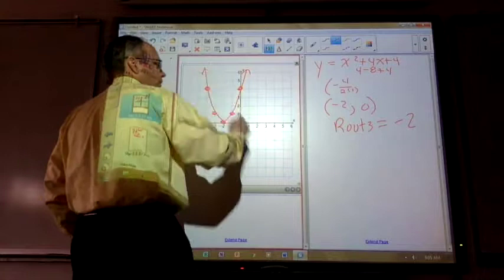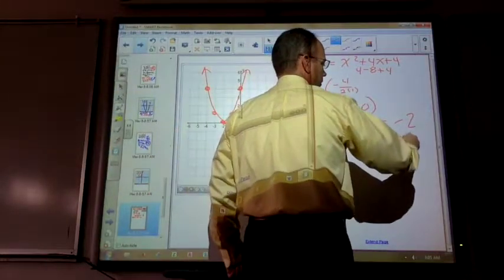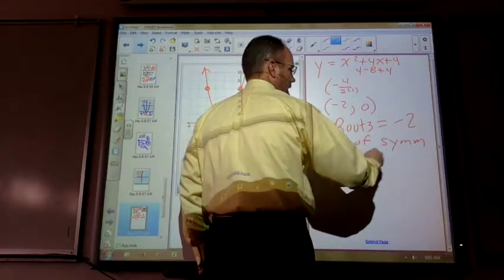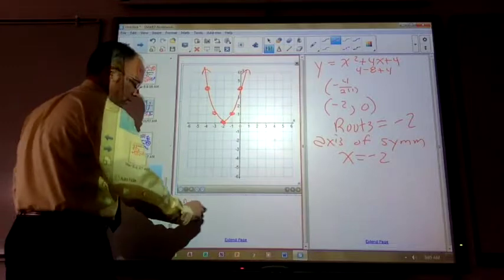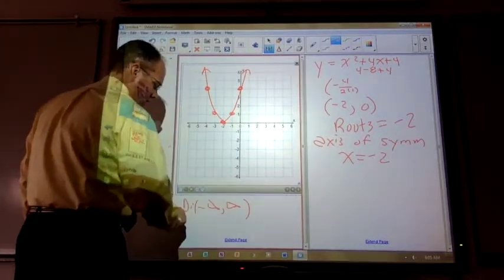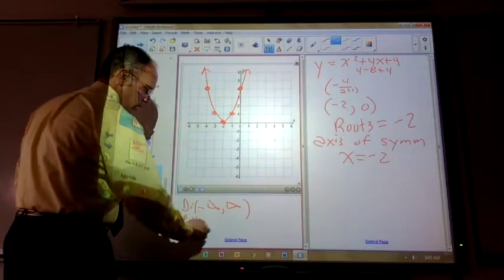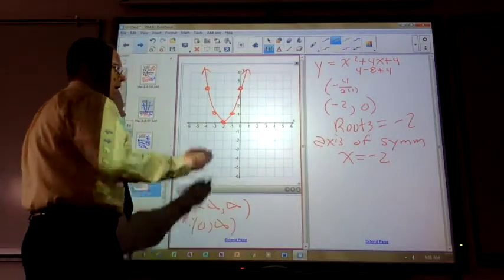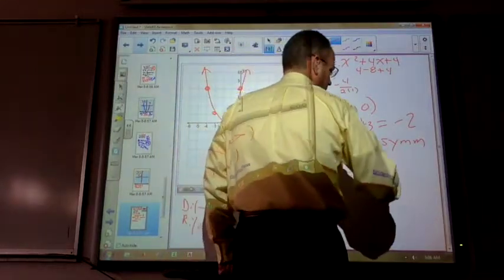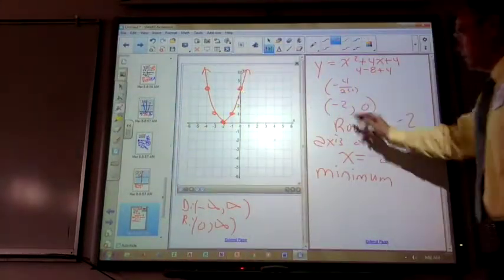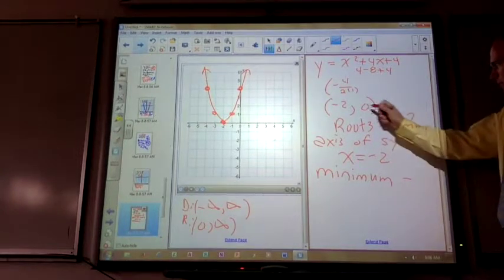My axis of symmetry is going to be x is equal to negative 2. Domain goes from negative to positive infinity. Range will go from 0 to infinity because it opens up. This is a minimum value. Remember, the minimum will go with the y, so we get minimum at 0,